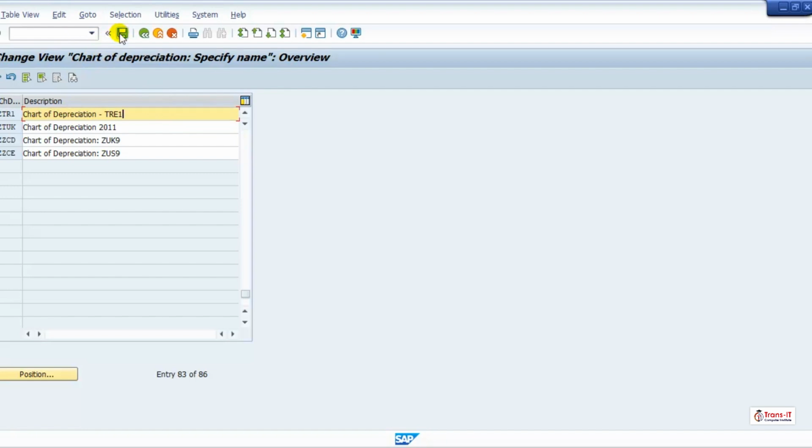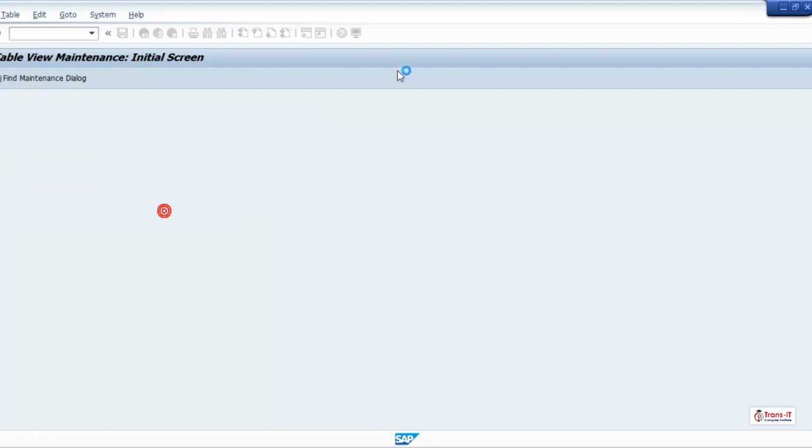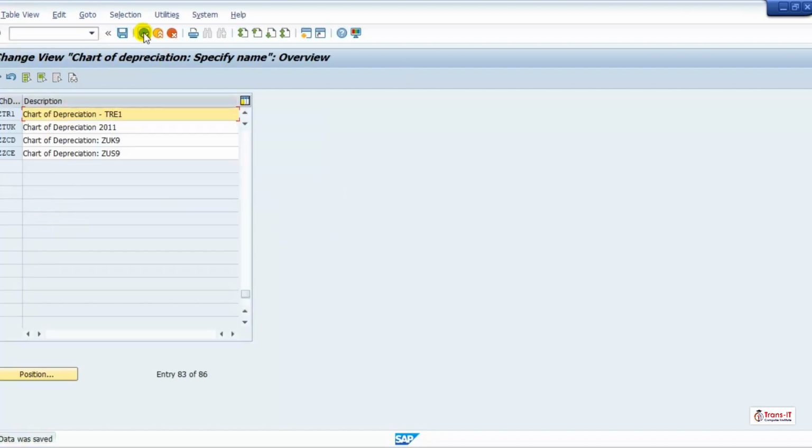Then press enter and then click on the save button. Now click on the continue button. Come back.